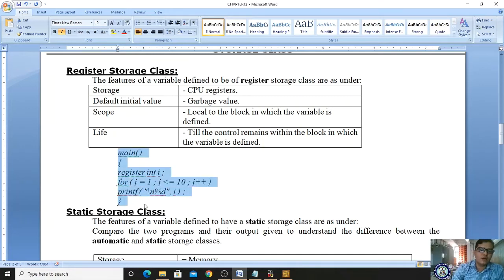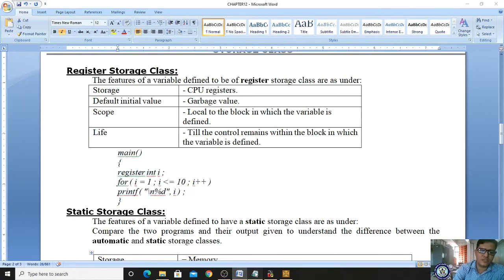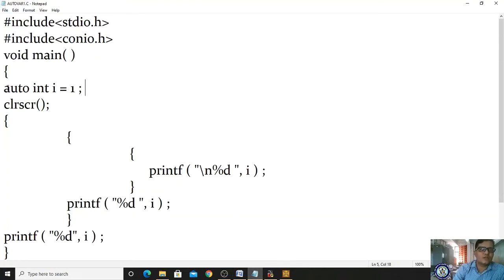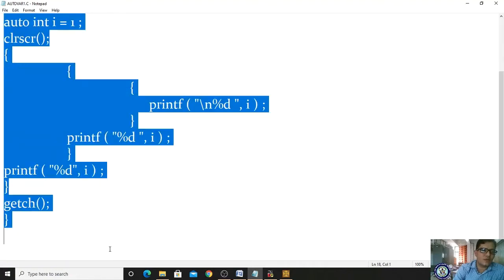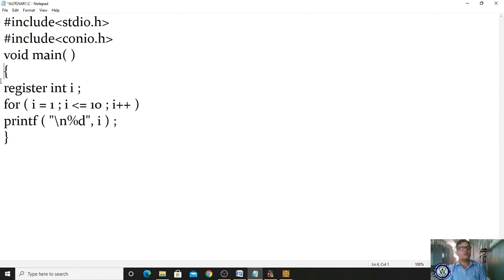Then this value will be executed from the registers. See, if variables are stored in CPU registers, execution becomes fast.